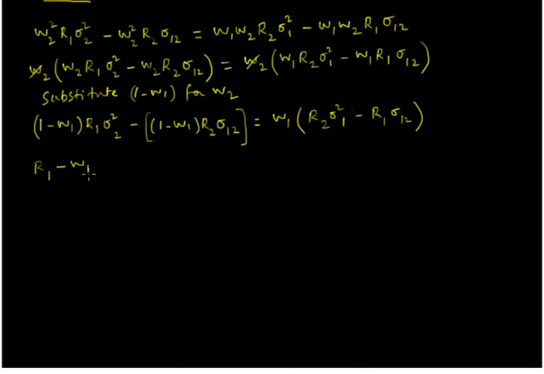minus W1 times R1 times variance of 2 minus, let us see what we get here. We are going to get 1 times R2 covariance 1, 2 is going to give us R2 times covariance 1, 2, and we are going to have minus W1 times R2 times covariance 1, 2,